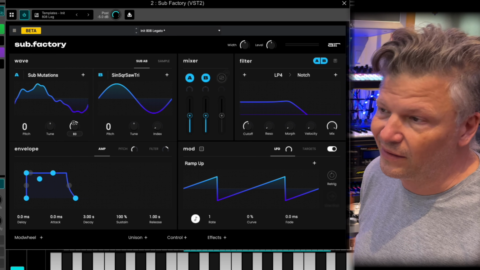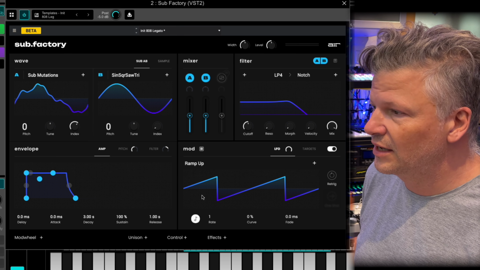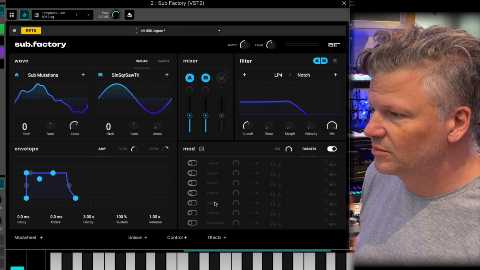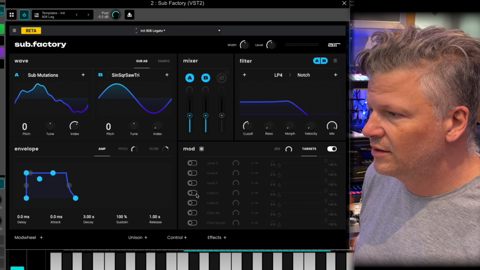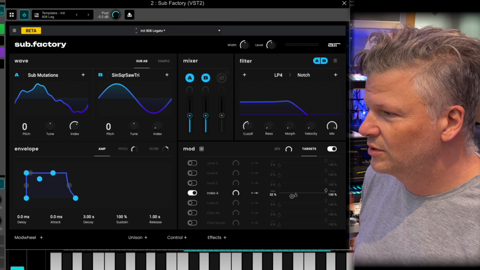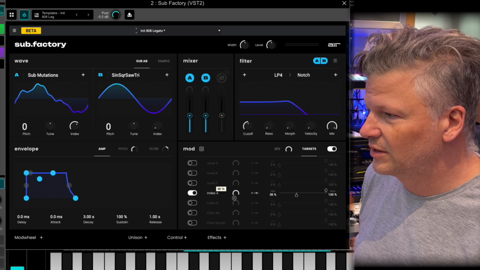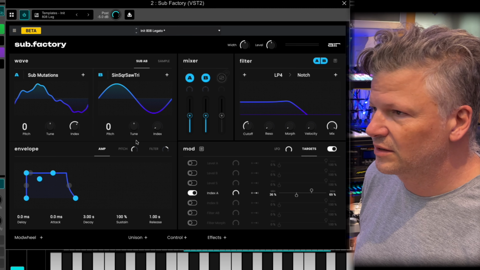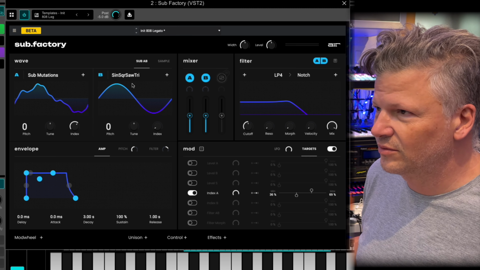Okay, you can play by hand, or you can actually assign it an LFO. So if you get one LFO here, click on target, and you can say it's going to be assigned to index A, for example, and the amount you want. This is the amount here, and it's going to be assigned between this and that value, 36 and 69. So now if I play that sound,